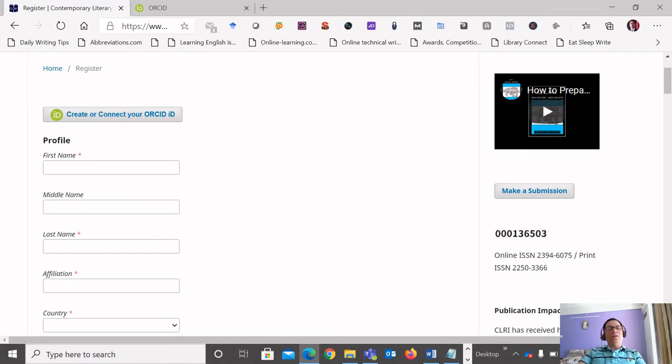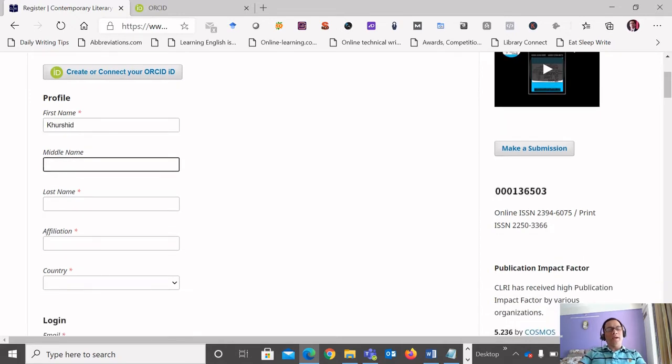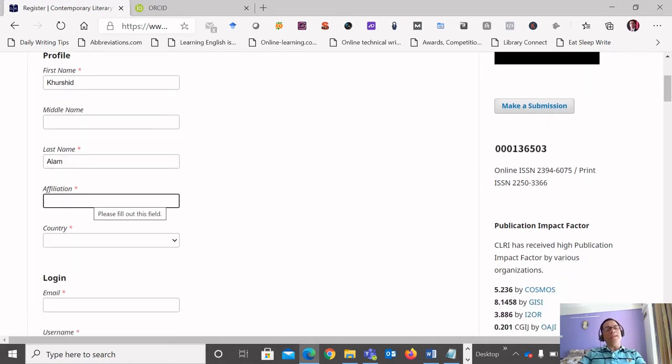In the profile section, you have the first option, first name, where you can write your first name. For example, I am writing my name. If you have a middle name, you can write this, and you should write your last name. Then affiliation, for example, if you are teaching at some university, then you can write that.